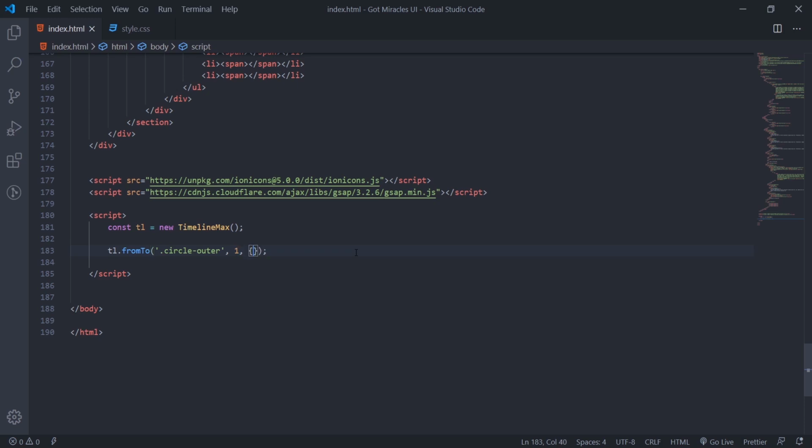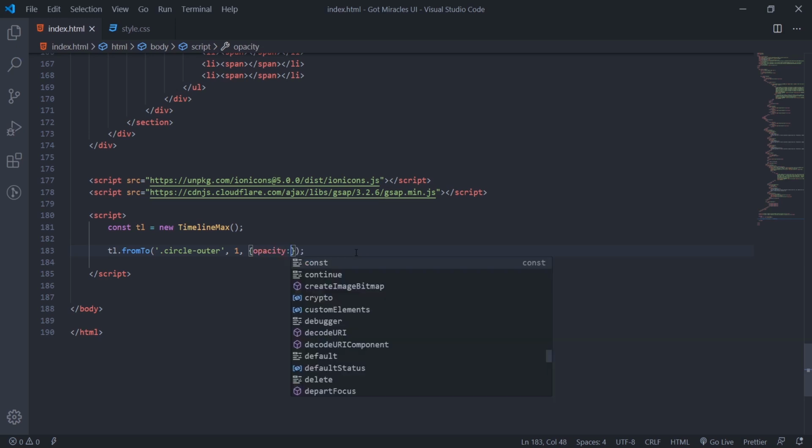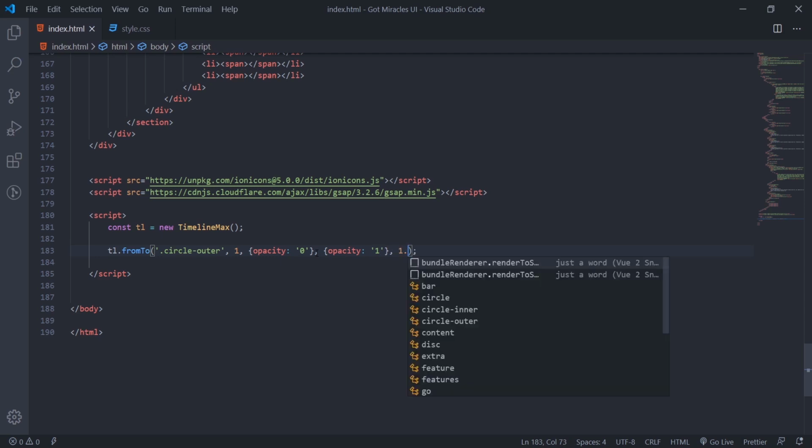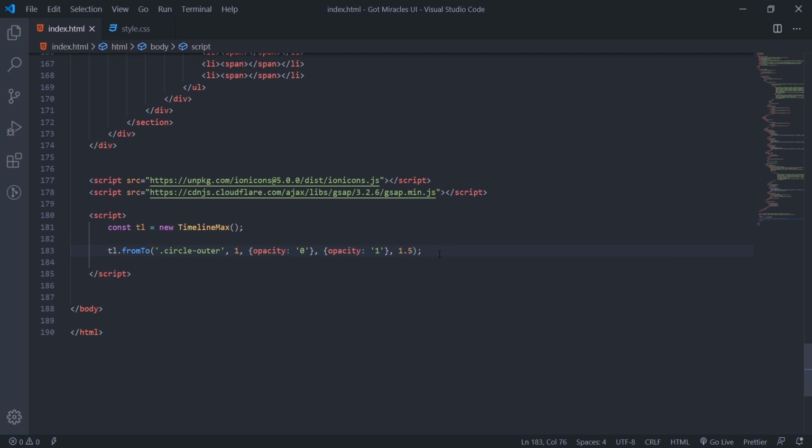Then opacity will be 0, and it will animate to opacity of 1. Then we'll set the delay to 1.5.